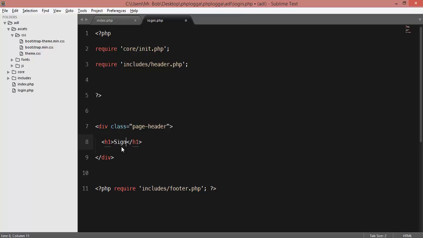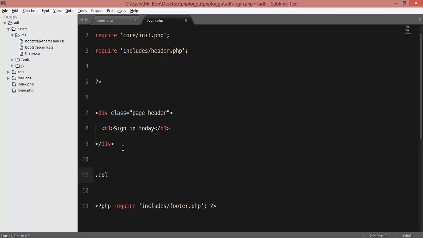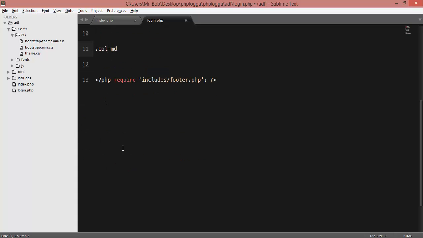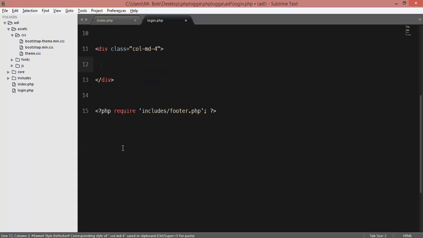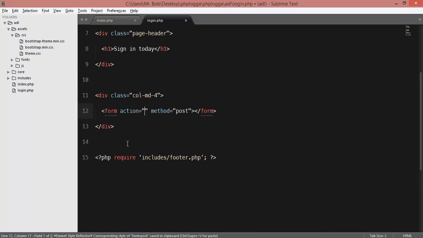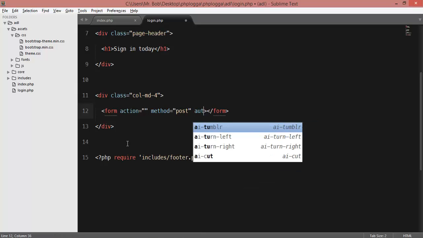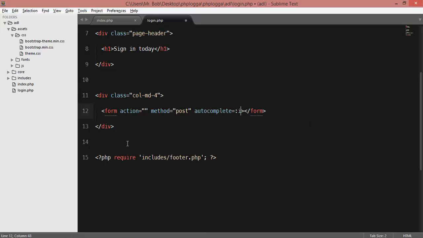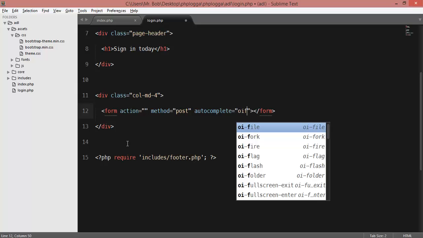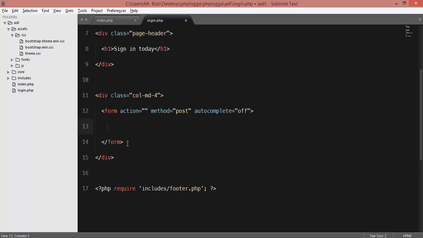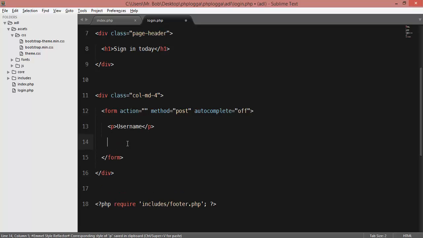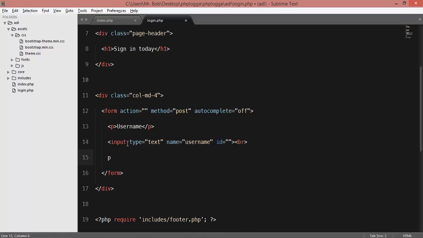Sign in today. Okay. Inside here call md4, and inside here you need to create form post, and then action is not inside page. Autocomplete is off, and then a div for username, and then input, I think text, username and break line and password,